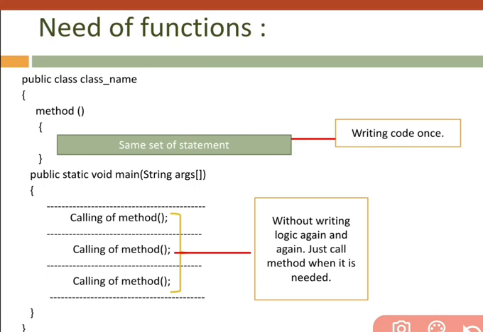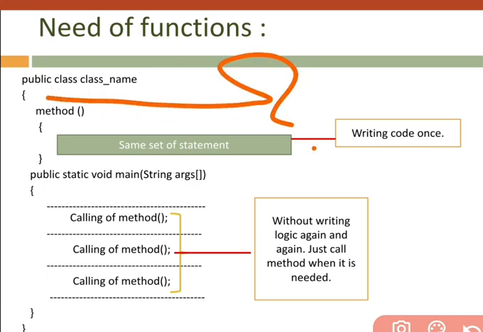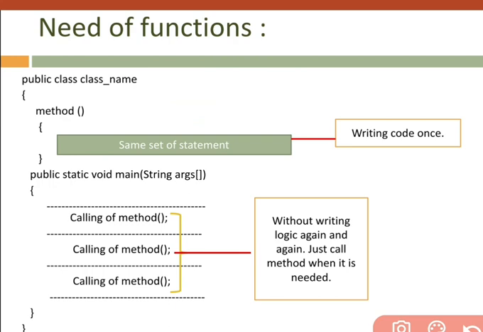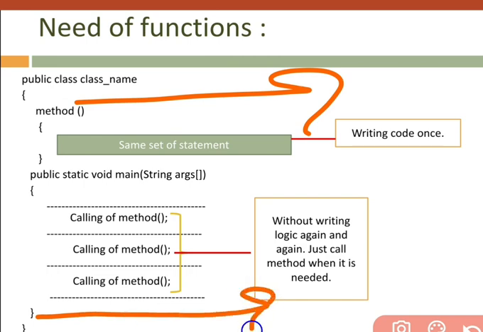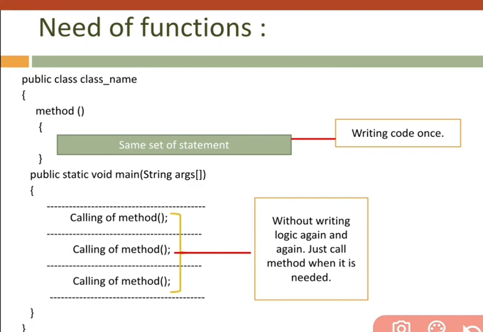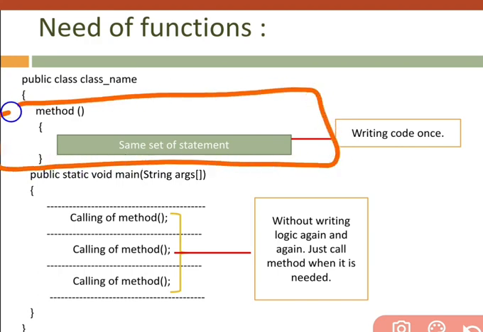We can have any number of functions. We have the main function, and with the main function we can have any number of methods. You can place them here, or you can place them after the main function also, and we will discuss that later. We have some static and non-static functions, which we will discuss later on. In this video I am concentrating on why we create a method and how we are going to create a method. Just that.